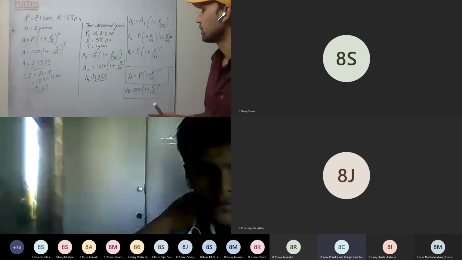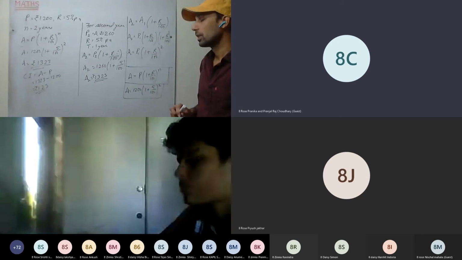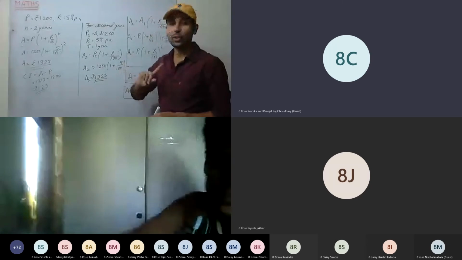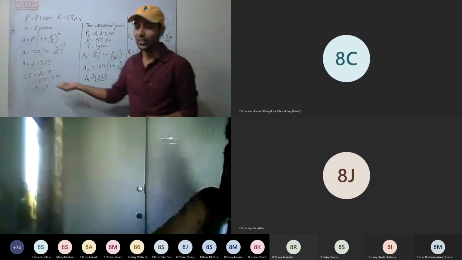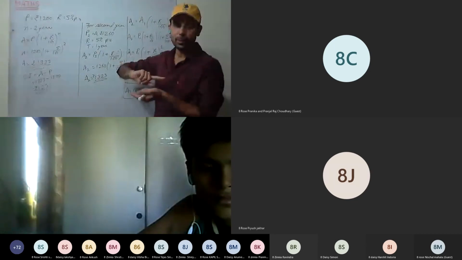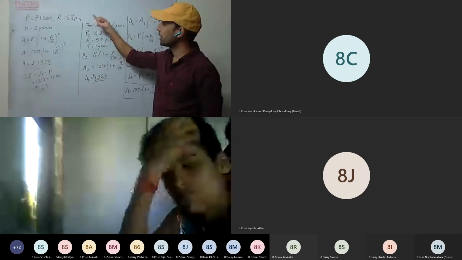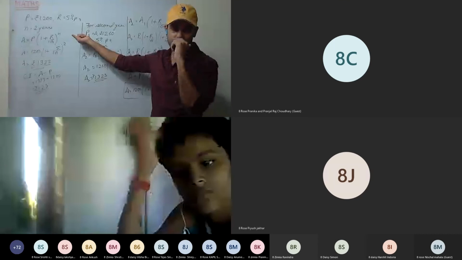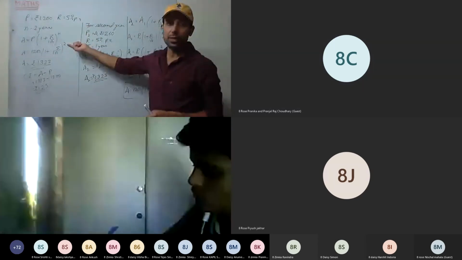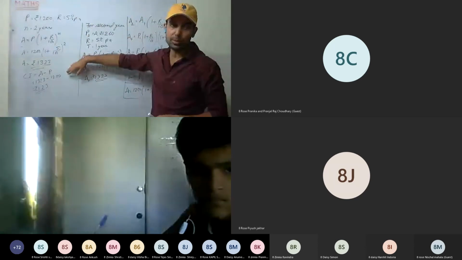Anyone have any doubt? Sir, can we do it using the simple amount formula also, or do we have to use this compound amount formula only? Here, it's not simple, it's compound interest. This formula is very easy. You are using simple interest, calculating interest for each year, then adding it to the principal. Then for the second year, that amount acts as the principal. You're doing it like that. Yes, you can do it that way, but it will take very long when there are many steps.